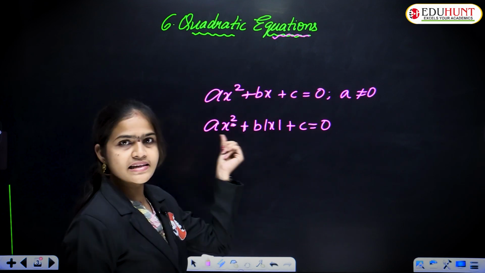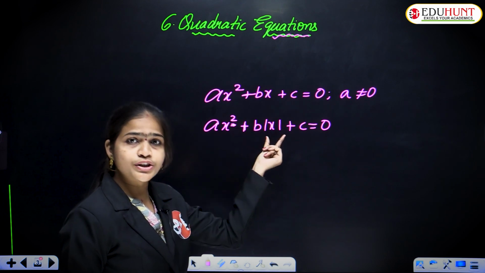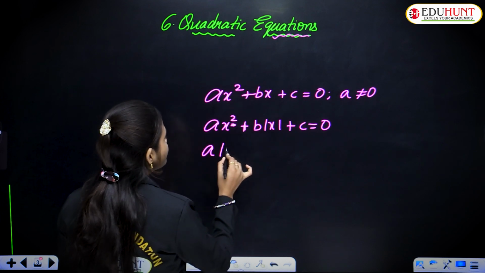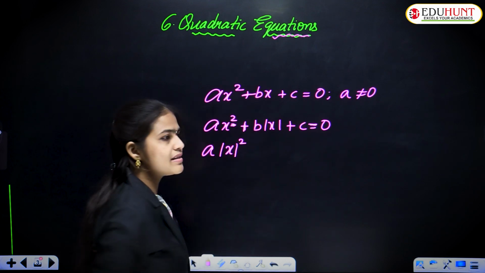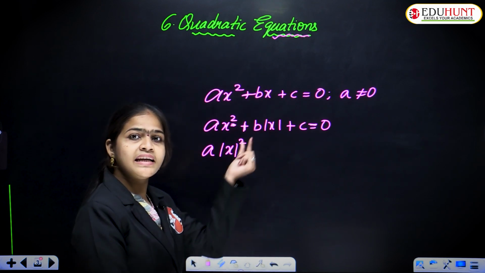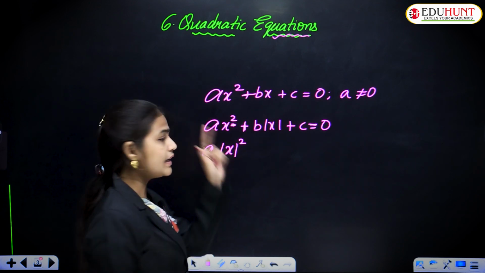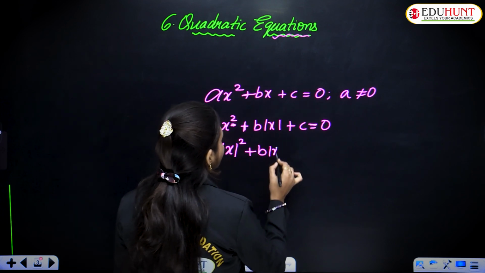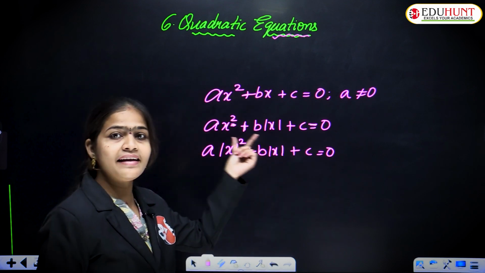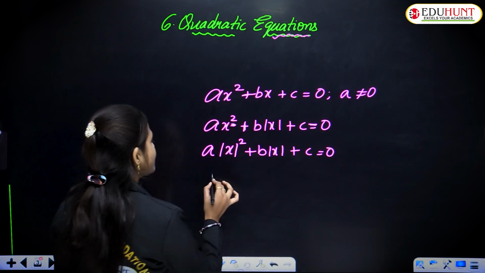Here mod x is there, so you may get a doubt: the variable should be the same, but here you have written modulus x and here x. So we can write this as modulus x whole square, and again you will get the same value. Whether x is positive or negative, the square is positive only, so again we get the same value. So ax square plus b modulus x plus c is equal to 0. Now see that this is a quadratic equation containing the variable mod x. Understand? Another way we can also write it is